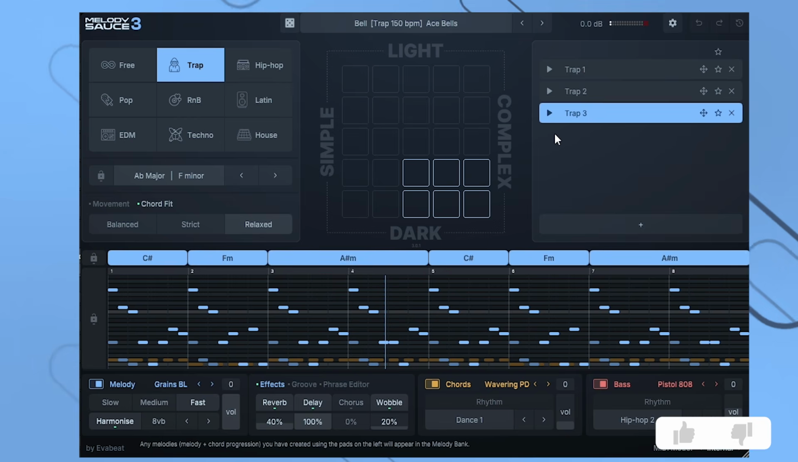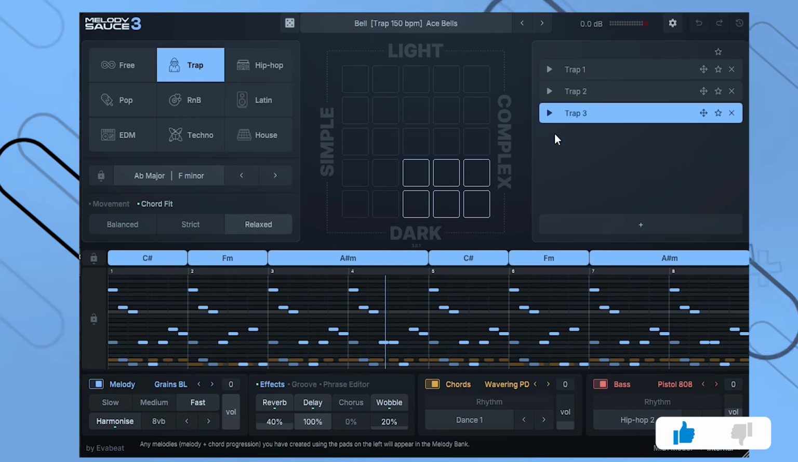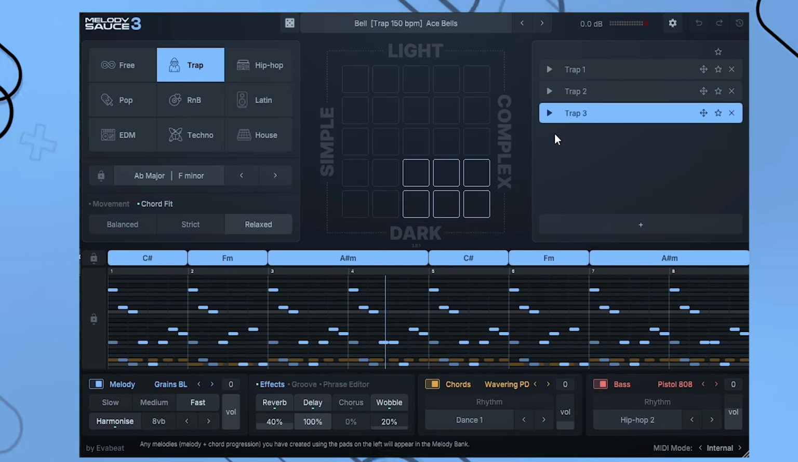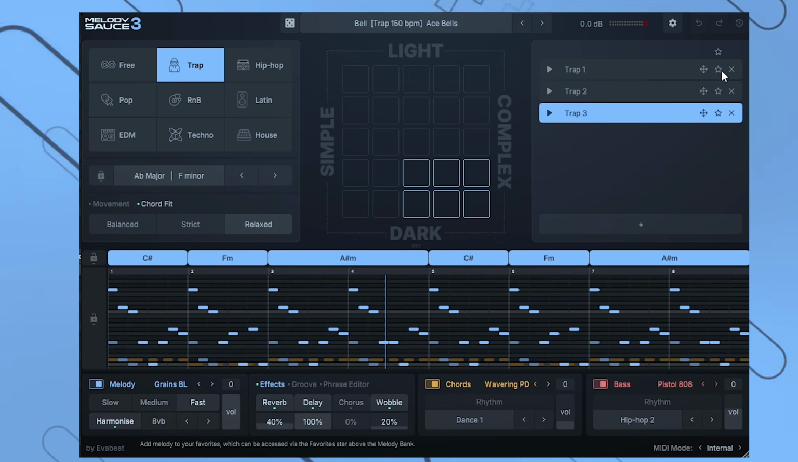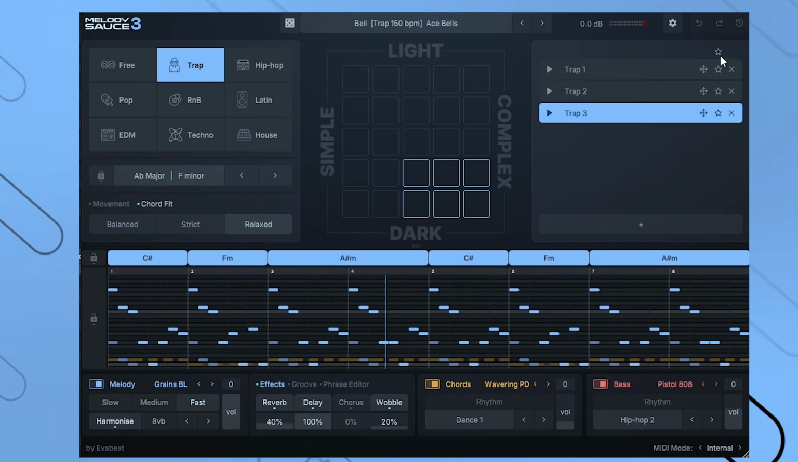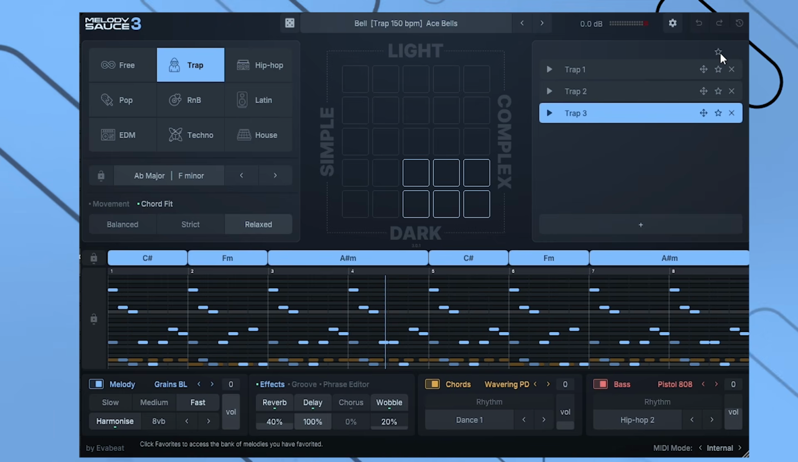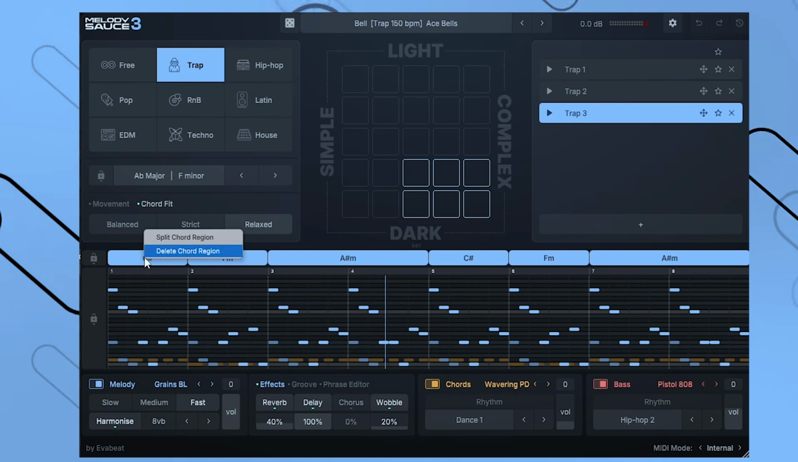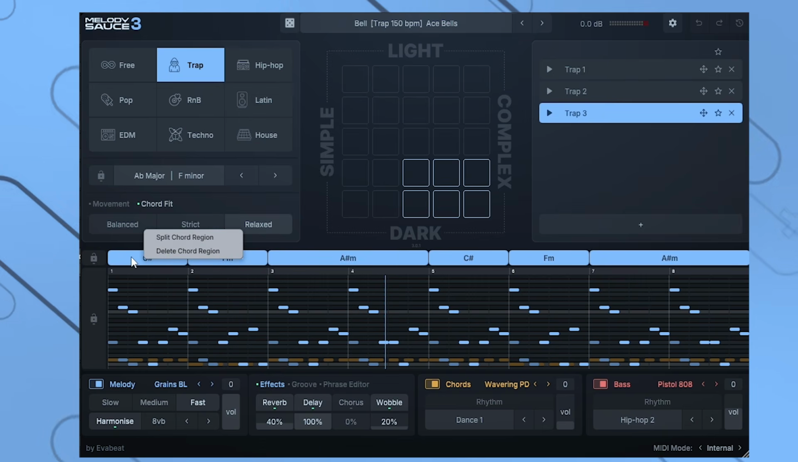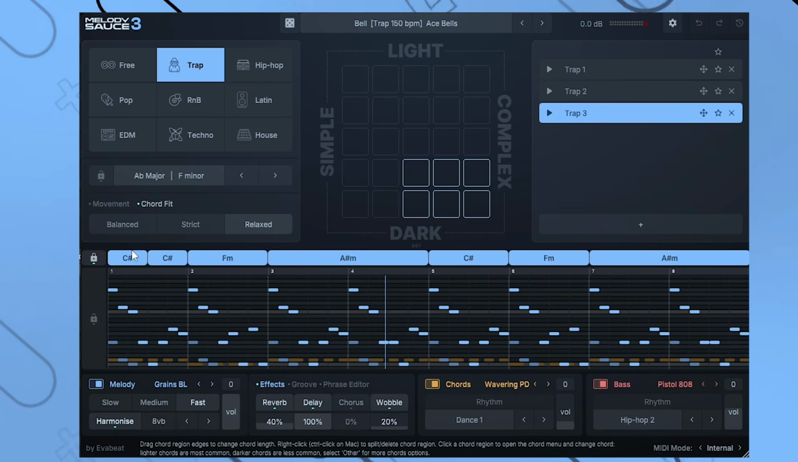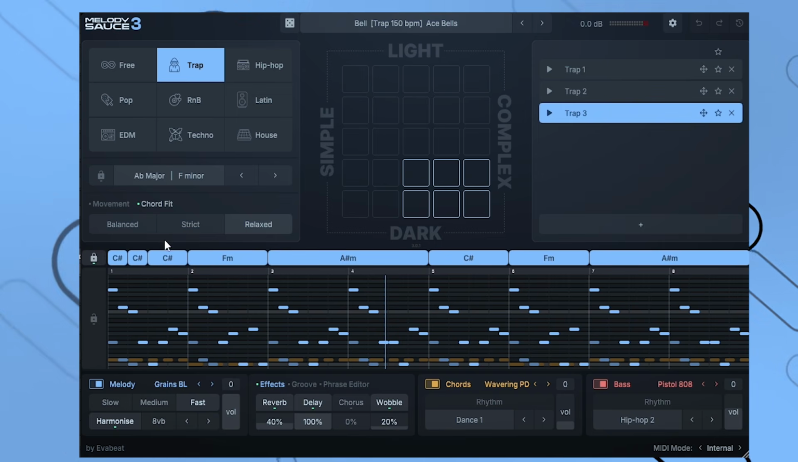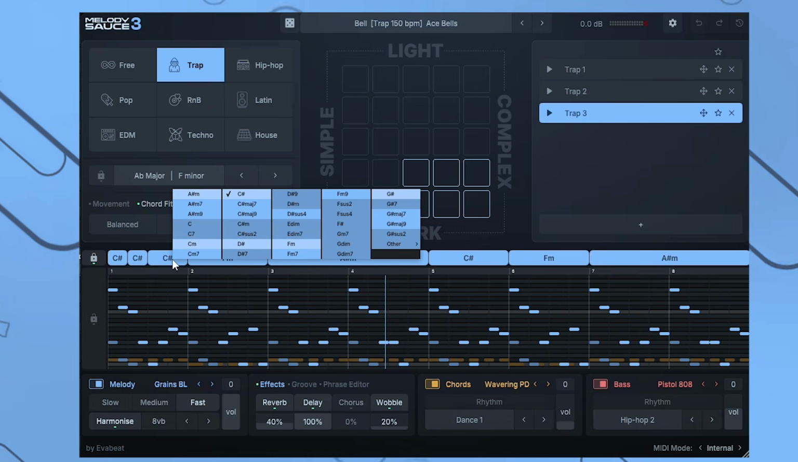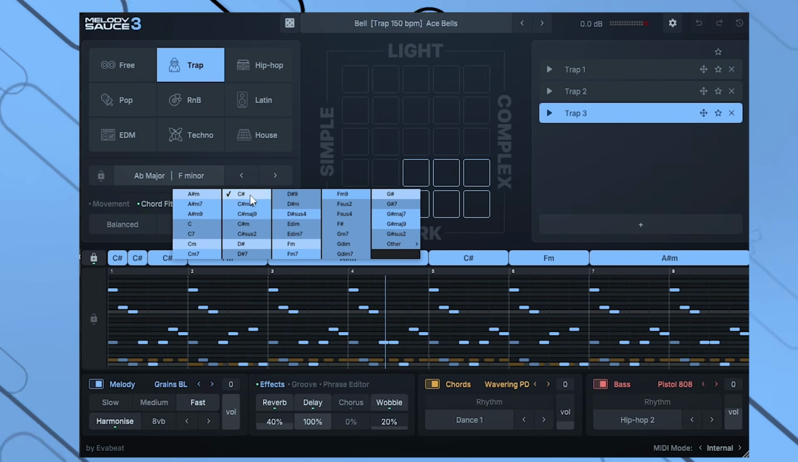Now here comes the part where, let's say for instance, you want to keep some of those sounds. On this section right here you can favorite, you can hit these and favorite the ones that you want to keep. Also right here in the piano roll, you can split the region or you can delete the chord region. So if you want to split it, you can split it into 2, split it into 3. You can also change out any of those chords by double clicking into it and then changing the actual chords